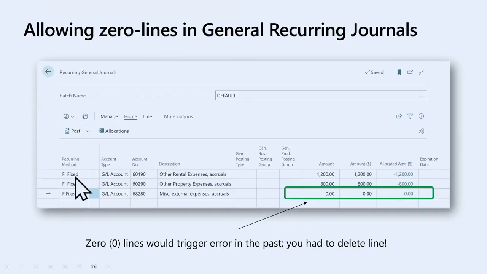And here I'm referring to when you're using the fixed method, where you set the amount. It could be payroll, it could be accruals, it could be something else, revenue recognition. And you have a set of lines that you want to keep track of. Sometimes the amount for a given period is 0. And normally it would cause an error. But now when you post, we will just keep the line. It won't be posted as a 0 line, it will just be ignored, just as when you're doing the balance methods.